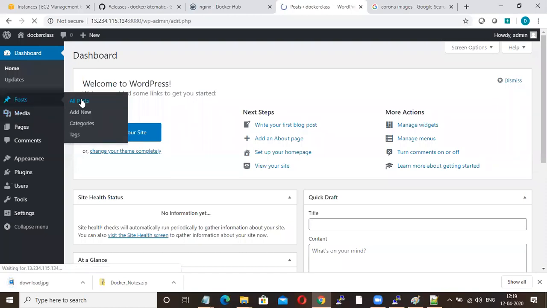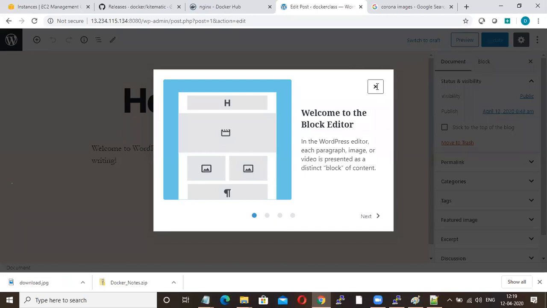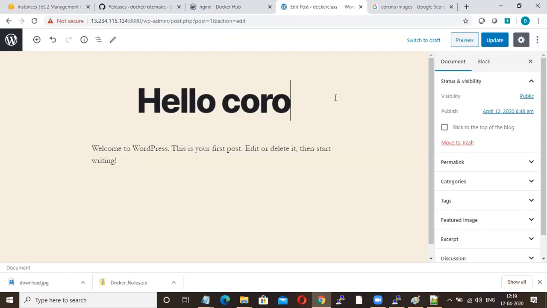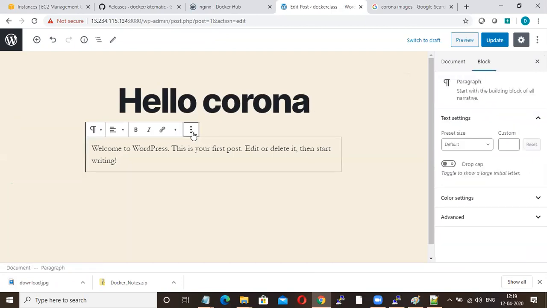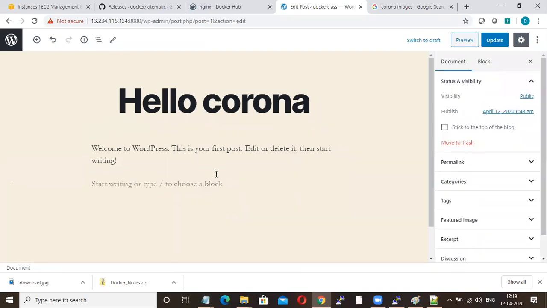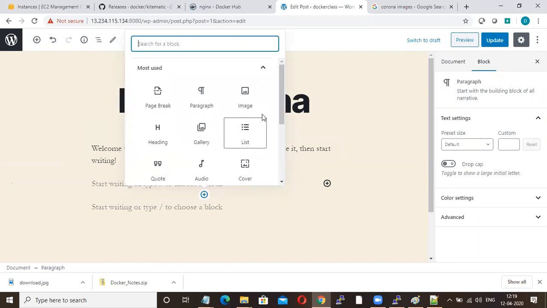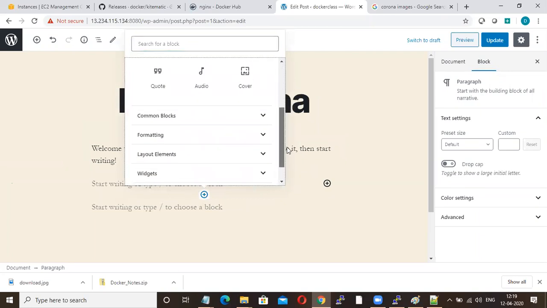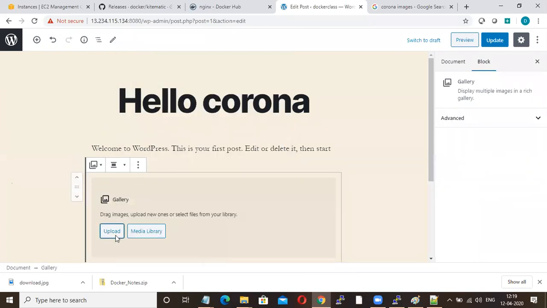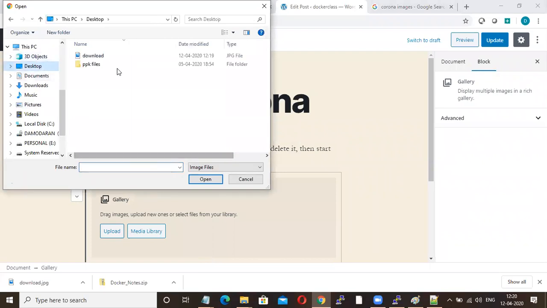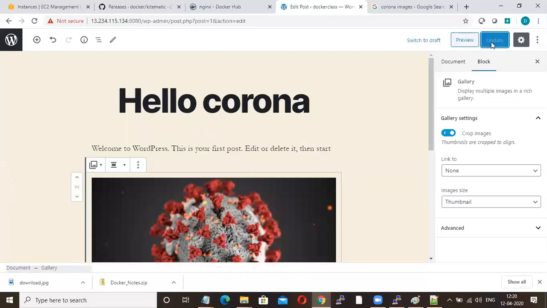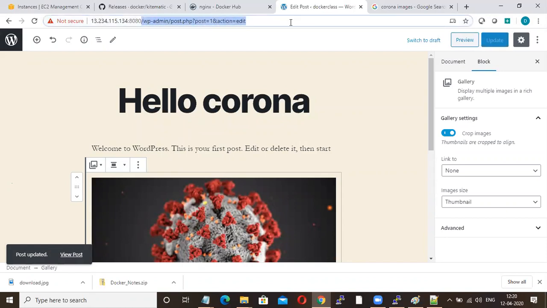Media, post, all post. This is not for Docker, just to show you. Now if I access 8080, you will get this.